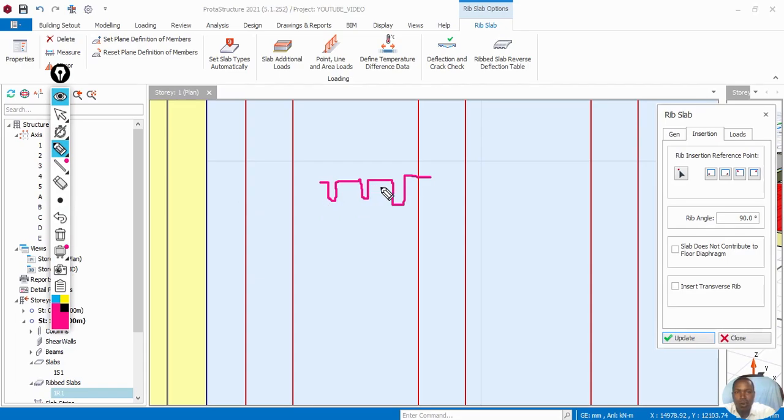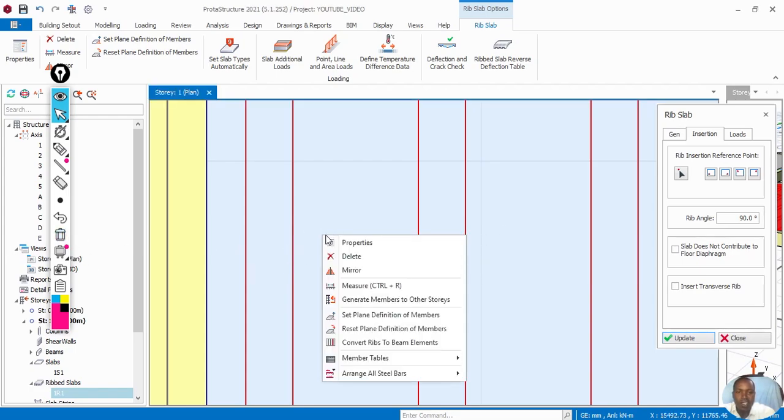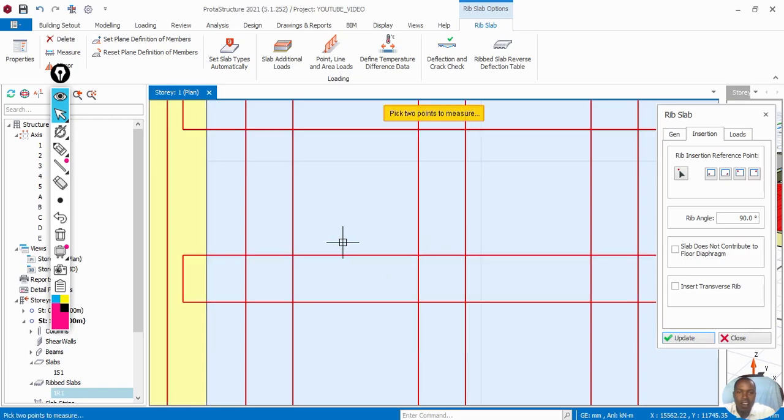This one is small. First delete and draw my rib slab, my section, like here, what I was trying to mean. This one is the ribbed beam, this one is the S block, and this one is the ribbed beam. Let's escape. Yeah, so now if I go to measure for you, right click, measure,